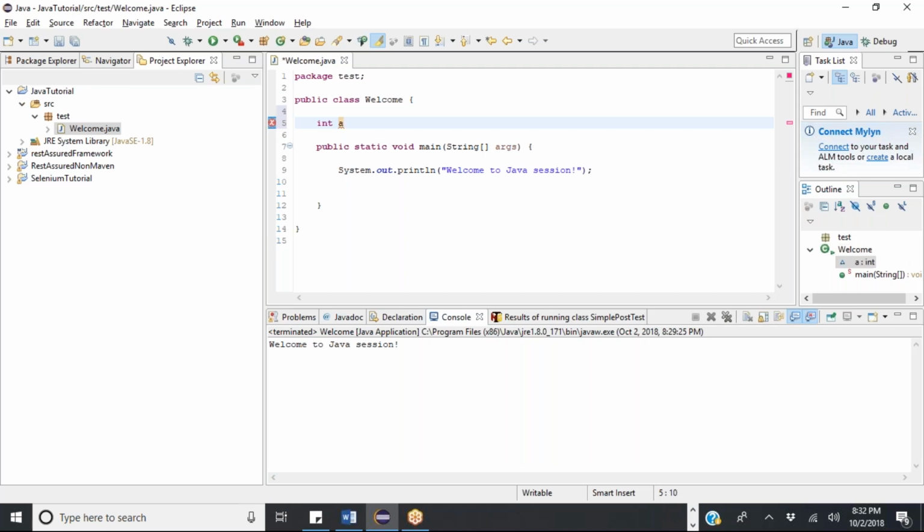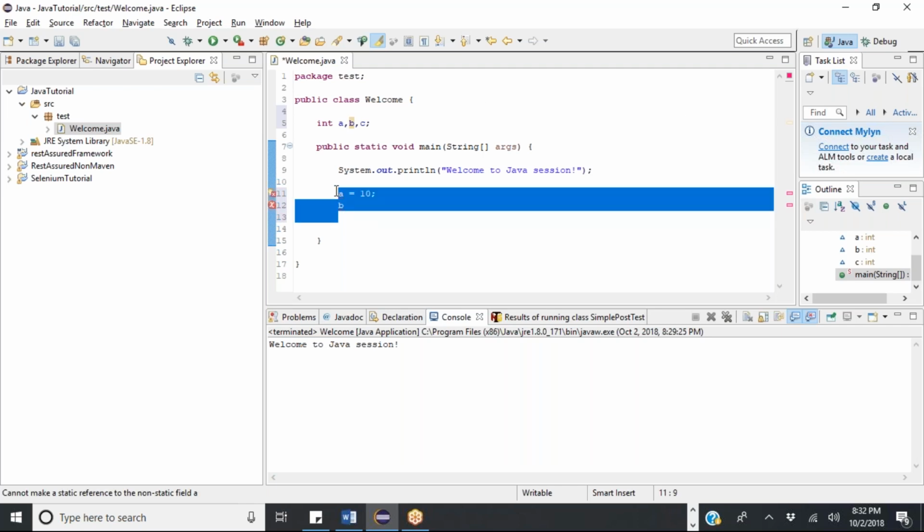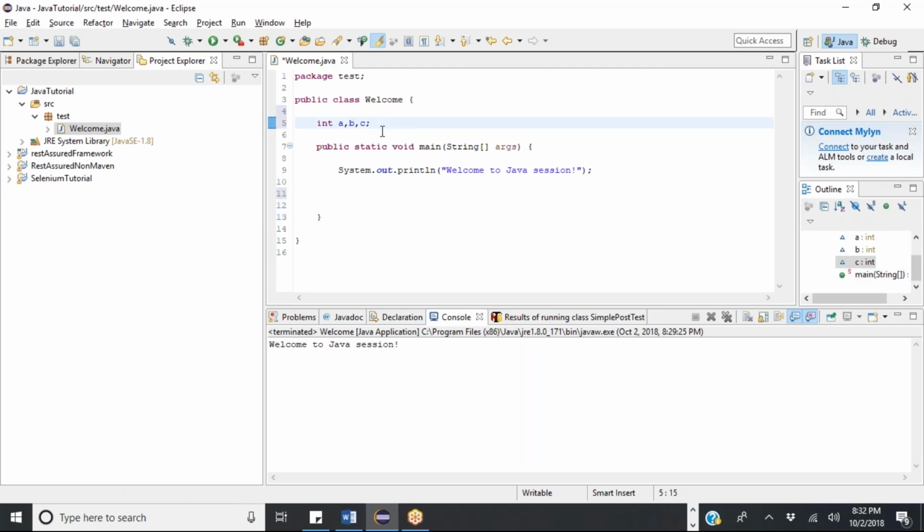So integer a, b, c. All right, so I have declared three variables, right? Now I can initialize these three variables. So let's say integer, I am initializing a with 10, and b, okay, or I can do it within